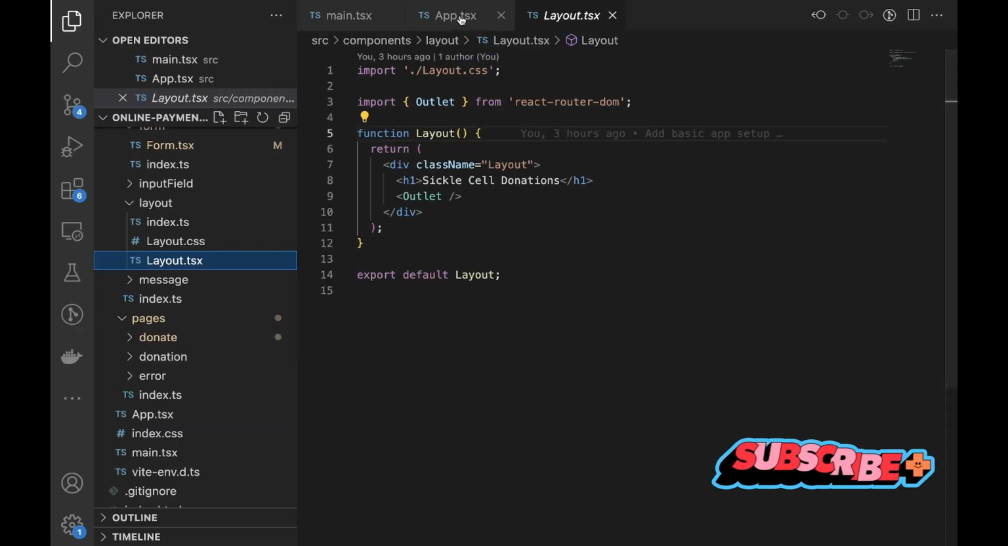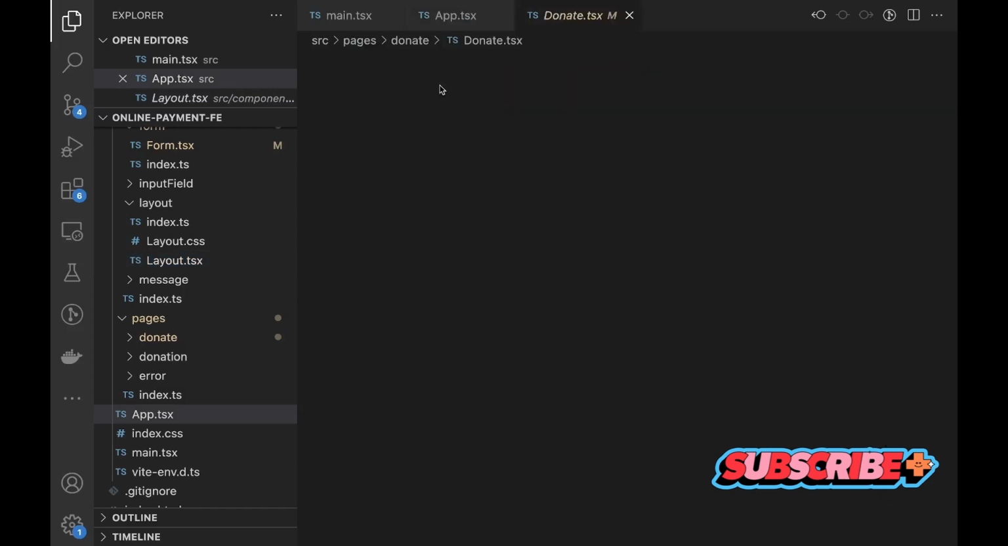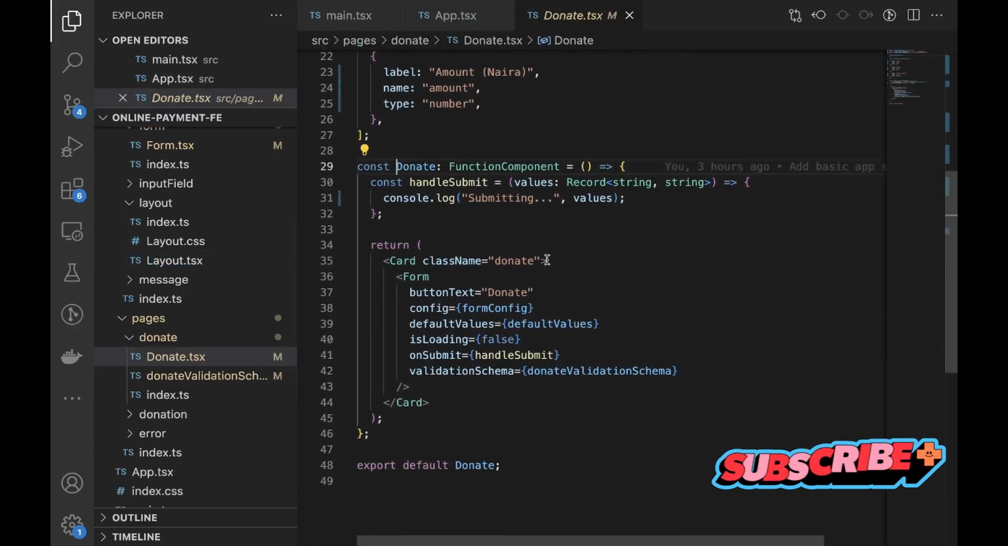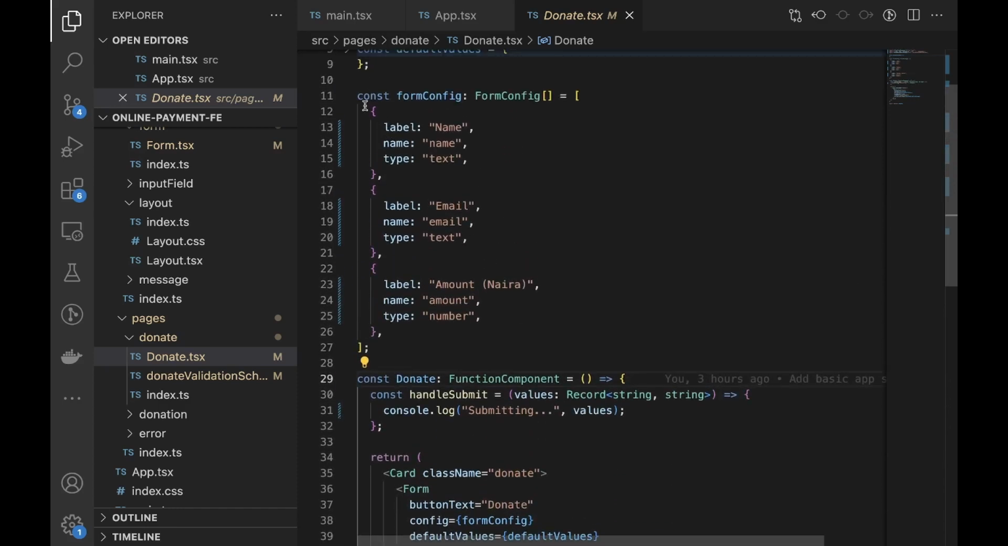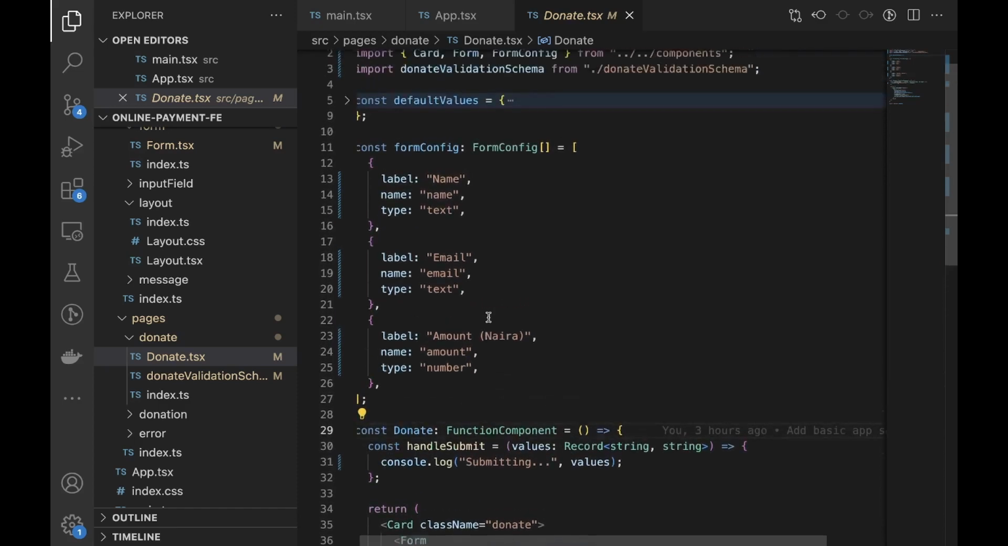Moving on, we'll take a closer look at the donate page. The donate page is basically a card component rendering a form inside of it. The form is driven by a form configuration and a validation schema. The form configuration consists of a list of input configurations consisting of label, which is the input label, the name of that particular input, the type of input, and finally the